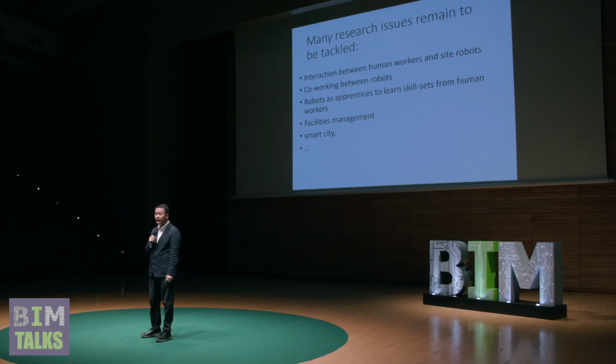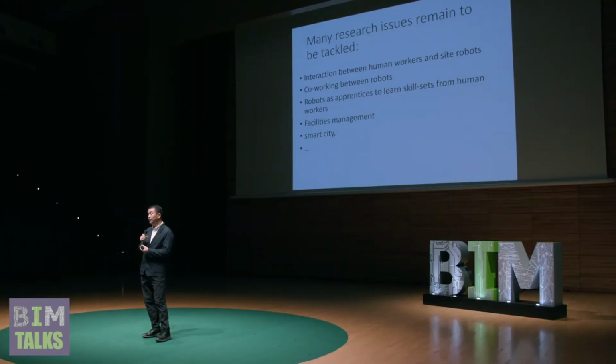My personal view is that in our field, in terms of research, we need to understand a lot more about how humans can work with robots in the future. So you either have a tower crane driver sitting in the office remotely operating the tower crane, or you have some ability to control a robotic arm, and the arm will do the things for you. To enable that, we have to understand the mechanisms behind them, and where these machines can be applied in our field. And then, of course,